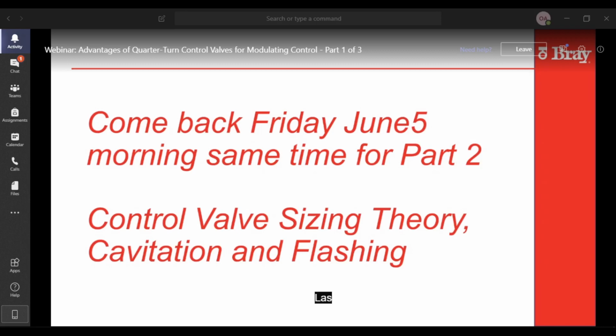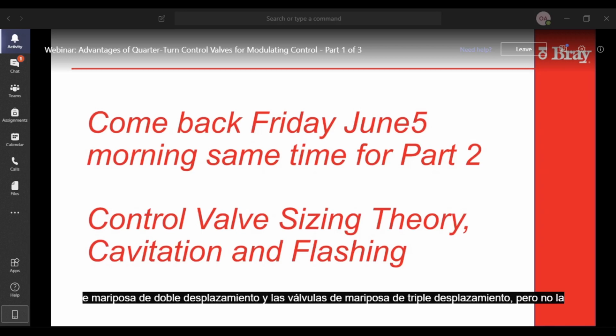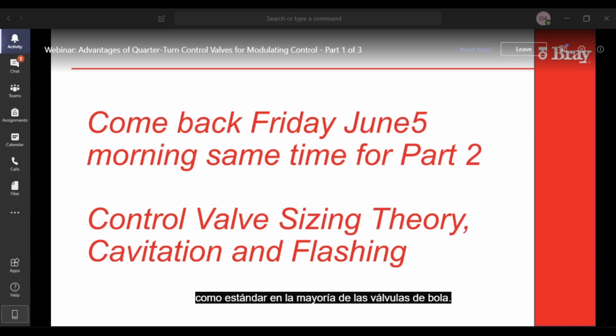The other standards, API 607 fireproof, you have to specify, and it's available in the double offset butterfly valves and triple offset butterfly valves, but not the resilient seated butterfly valves. Right. And it is available as a standard on most of the ball valves. Right. It's certified to API 607. API 609 is, again, a standard. It dictates the lay length, it dictates the blowout proof shaft, so most of the valves adhere to that, except, again, the resilient seated valves don't meet the API 609 lay length, but depending on the manufacturer, some resilient seated valves have blowout proof shafts, some don't.